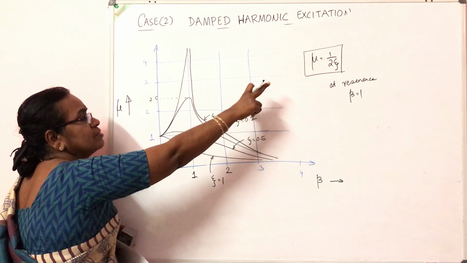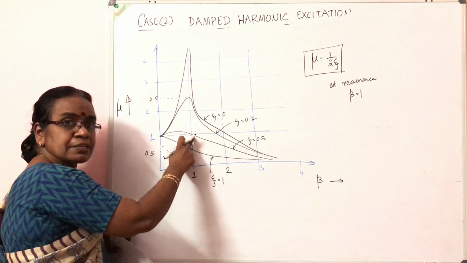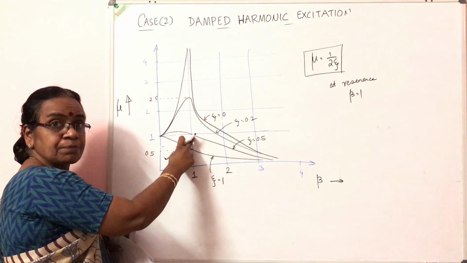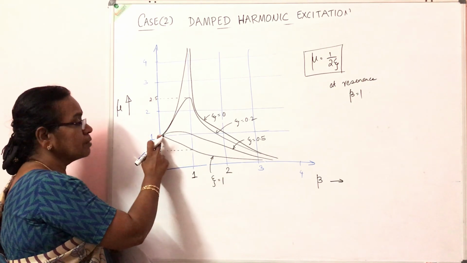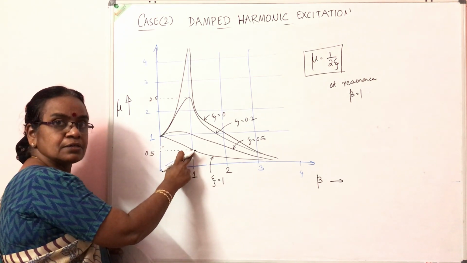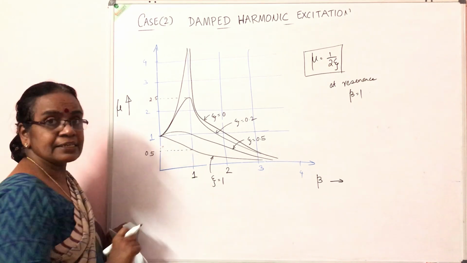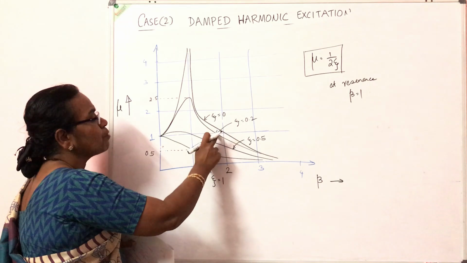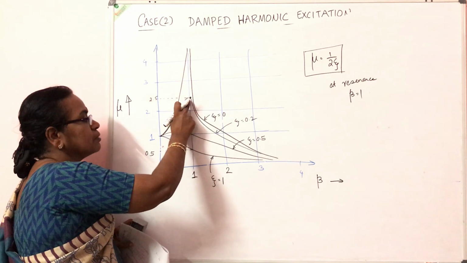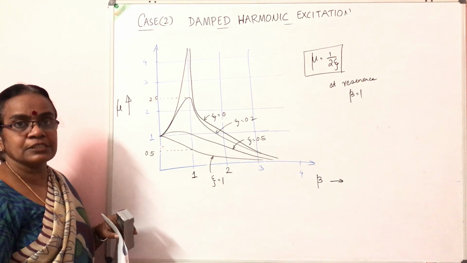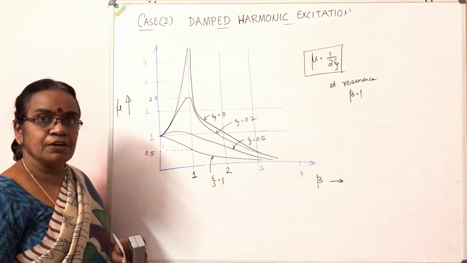At resonance, when psi is equal to 0.5, where there is 50% damping in the system, the total displacement will be the same as the static displacement. That is an underdamped system. When it is a critically damped system, the displacement of the structure will be only 0.5 of the static displacement. But when the damping is 0.2, an underdamped system, the displacement of the structure will be 2.5 times the static displacement. But when there is no damping, the displacement will be infinity.